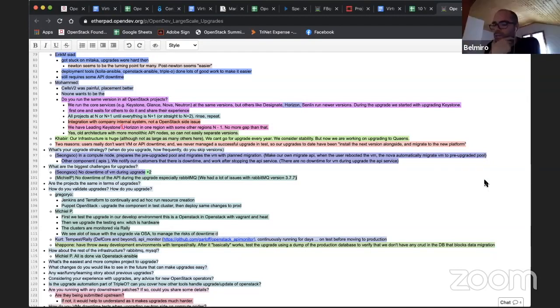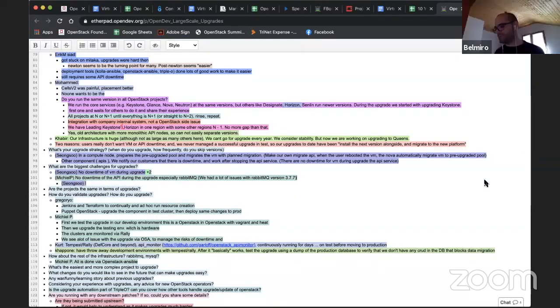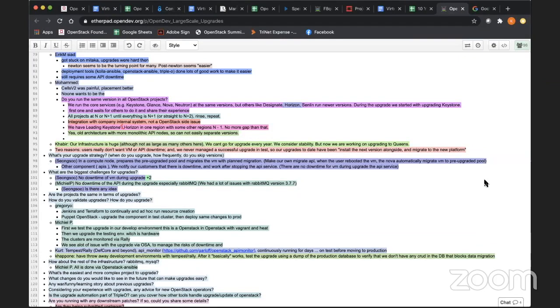So now that we have Kubernetes and OpenStack Helm, is anyone considering that? Well, we are considering that. That's why I'm asking about your experience as well. We went the path of building a Kubernetes operator for OpenStack. So it pretty much is using Kubernetes, but rather than just Helm charts, we went the path of an operator because we wanted the ability of actually using